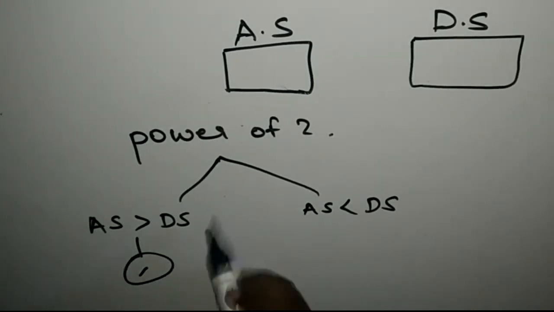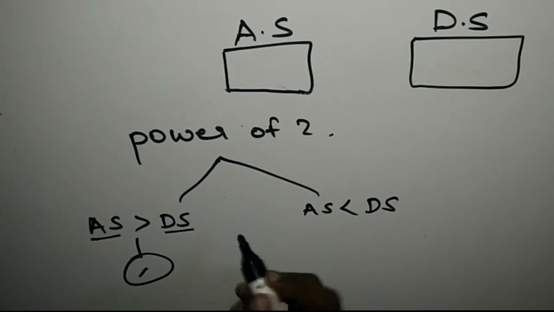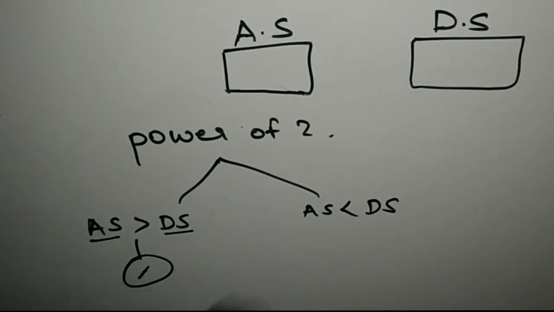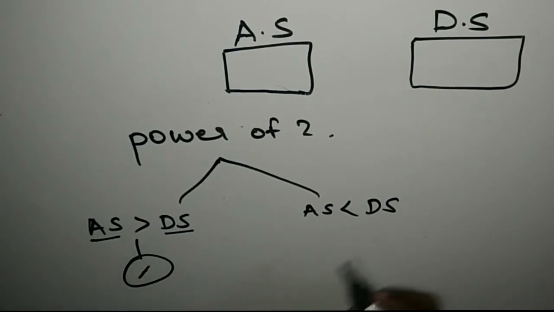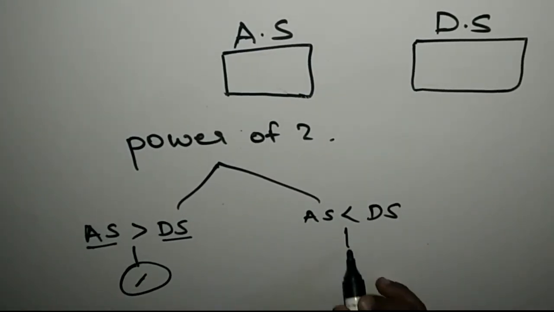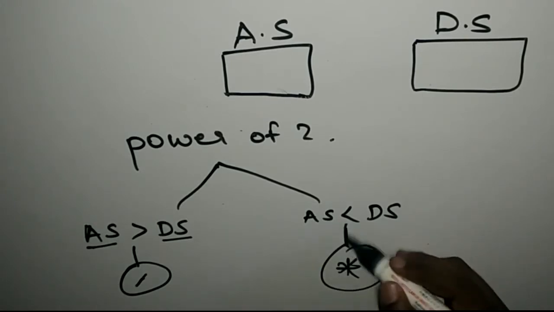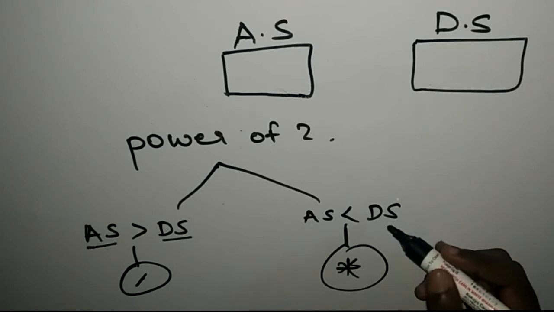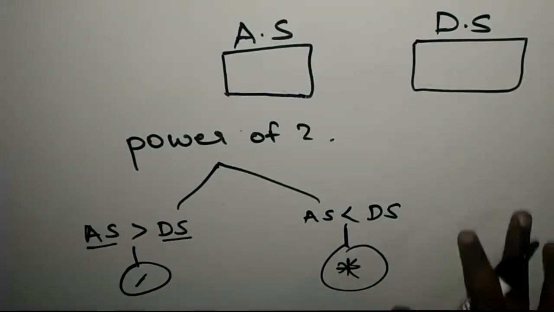As we know, the desired setting is a power of 2 and the actual setting is also a power of 2. So there will come a time when the actual setting will be equal to the desired setting. The same if the actual setting is less than the desired setting, then we multiply the actual setting by 2. So there will come a time when the actual setting will be equal to the desired setting, and what we have to calculate is how many moves it takes to get there.